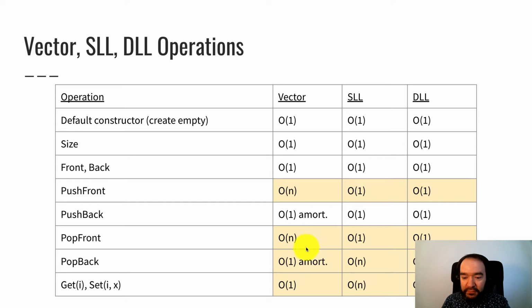And then the pop back operation, removing from the back, is constant amortized time for the vector. Doubly linked list is constant worst case time, so very good for the doubly linked list. Singly linked list takes linear time to remove the back element because removing the back element requires updating the second to last node's next pointer, and you have to skip there with a loop that takes linear time. And then getting by index is where the vector shines. The vector can get index i or set index i in constant time, and the linked lists take linear time